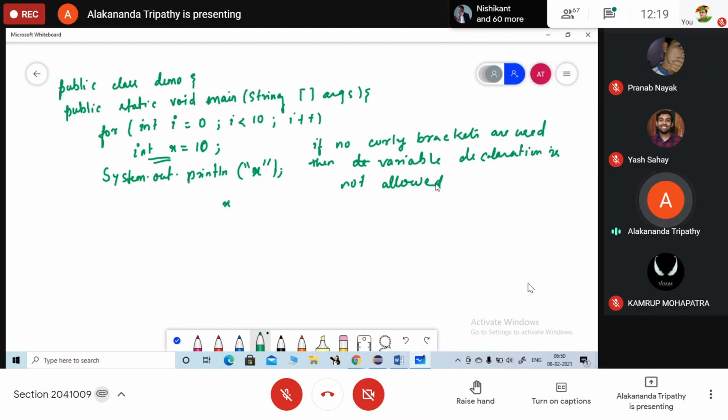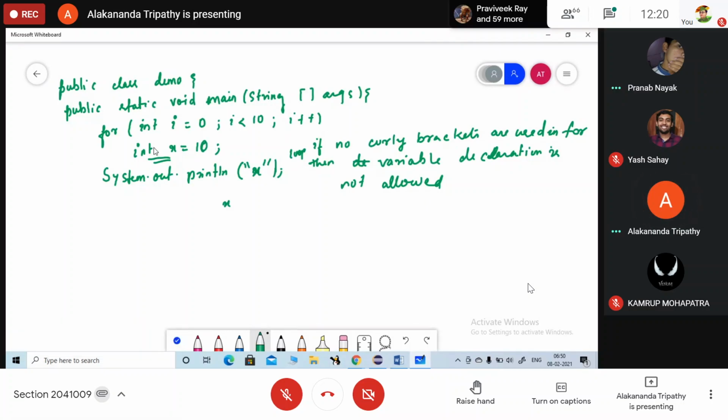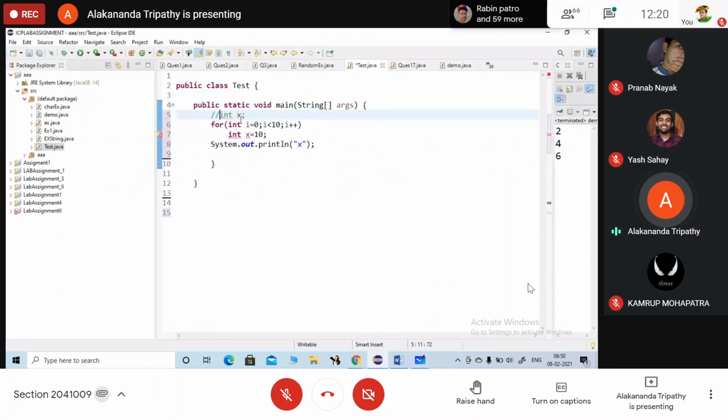Will you remember this code? Variable declaration is not allowed if no curly bracket is used in a for loop. Okay, will you remember this point? Yes, ma'am. Okay, if you are not using the curly bracket and you are simply here,